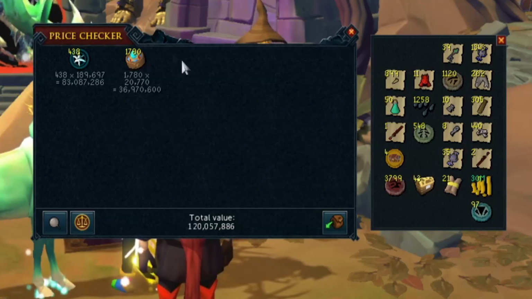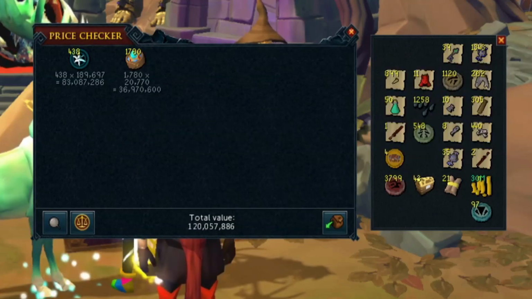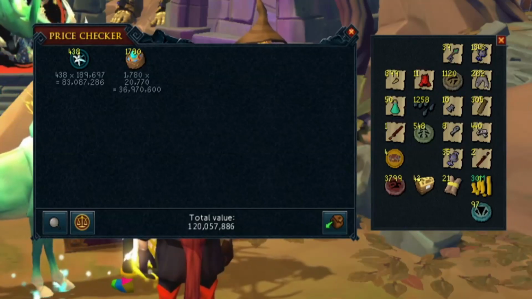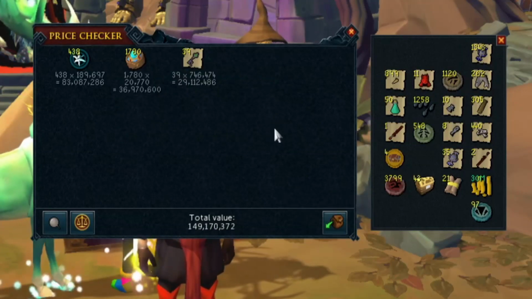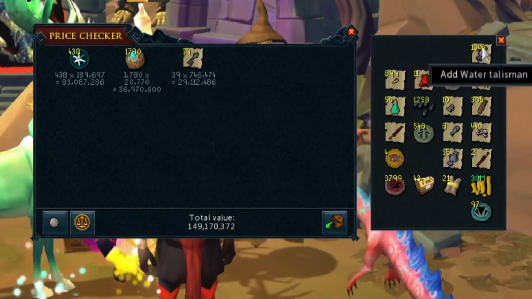But that's an extra 37 mil nearly just from them. And then the keys to the crossing, I'm pretty sure we got really lucky on these. In 12,266, these are a 1 in 400, so you should expect to see 30.6. But we were able to get ourselves 39 of them, which is crazy. We got really lucky on these, and we made an extra 7 mil than we were supposed to, which I'm